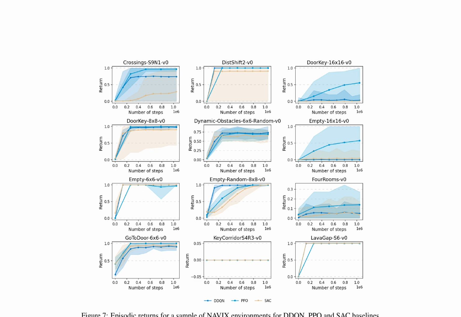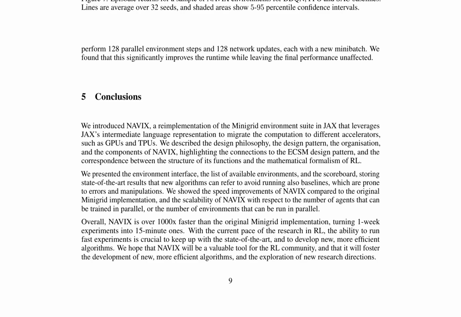The environment interface, available environments, and scoreboard storing state-of-the-art results are presented, allowing new algorithms to refer to and avoid running baselines prone to errors and manipulations. NAVIX demonstrates significant speed improvements over the original MiniGrid implementation, with a 1000x increase in speed, reducing 1-week experiments to